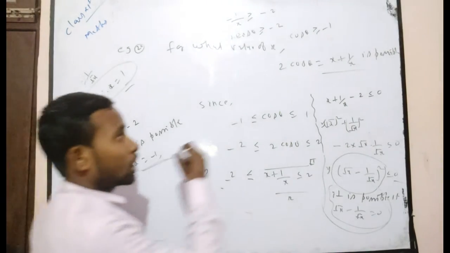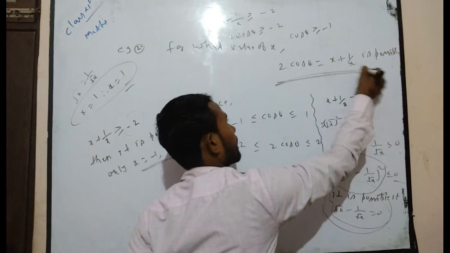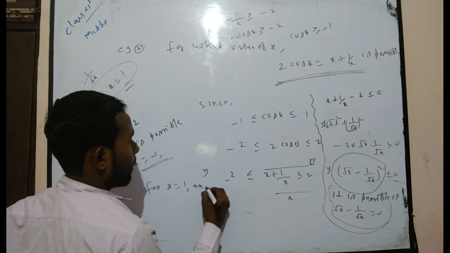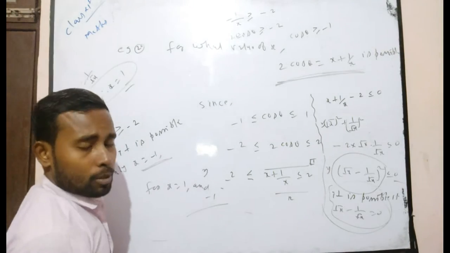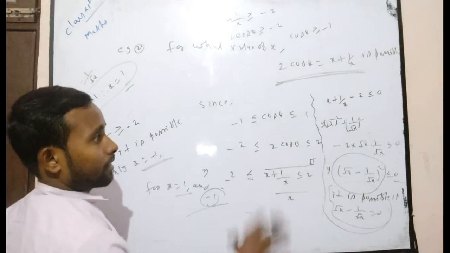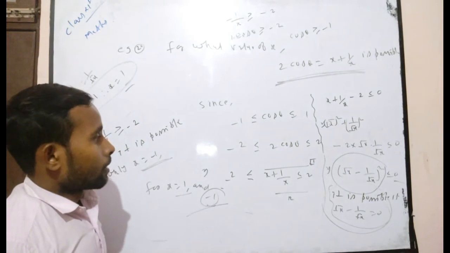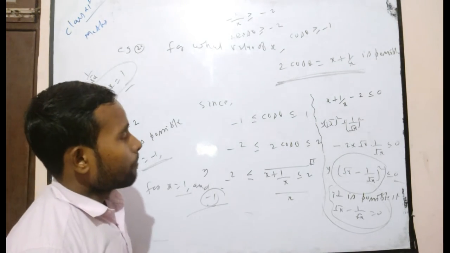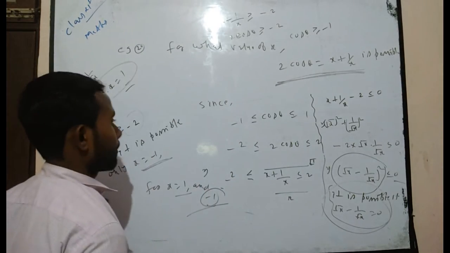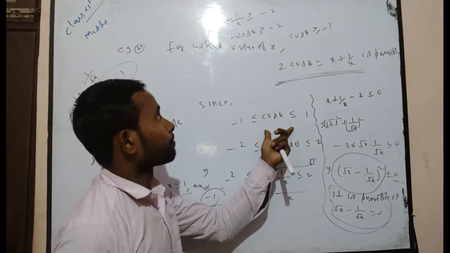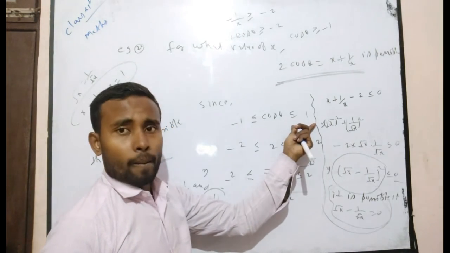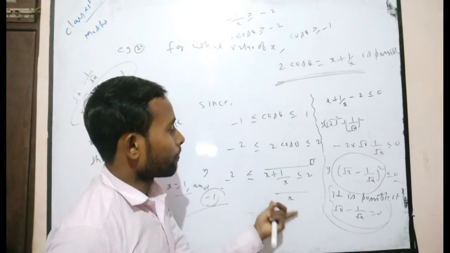That is, this equation is true for x is equal to 1 and minus 1. If it is possible, then there exist two values of x, 1 and minus 1, for which it is satisfied completely. I think you understand very well. This is the second part of this problem, and this is the first part, because as you know that cos theta is greater than or equal to minus 1 and less than or equal to 1, and 2 cos theta by this process.